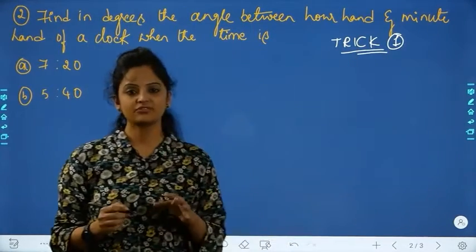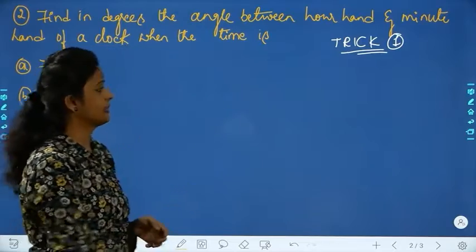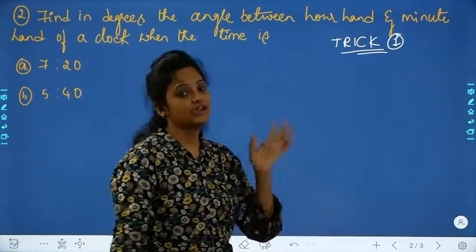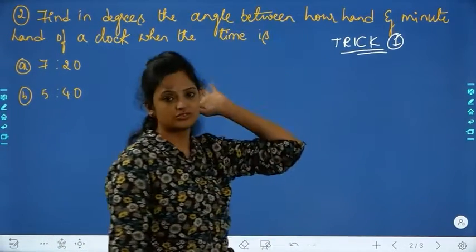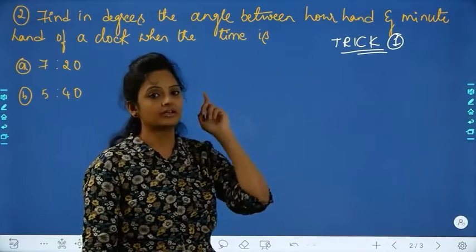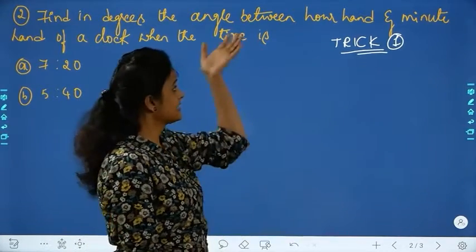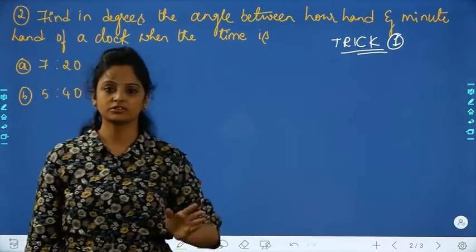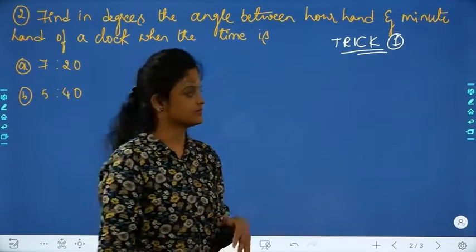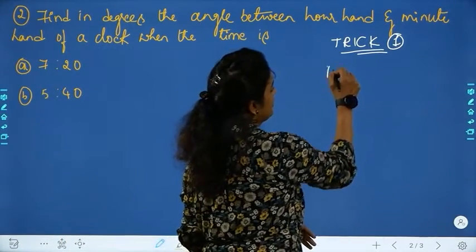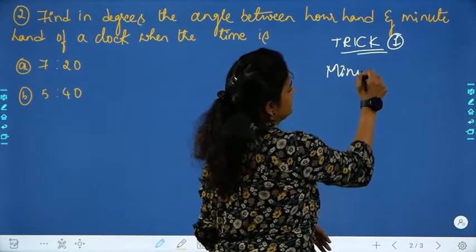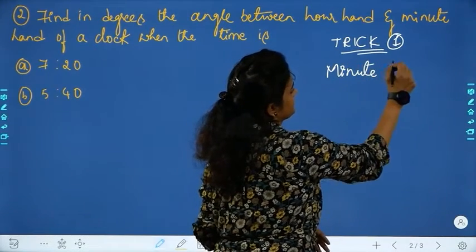So what is the basic for this? This is just like while seeing your watch only you can tell. Analog watch clock, if you see you can make out the angle, but accuracy has to be there because options will be there in competitive exam. The same question can be asked for both boards as well as competitive exams. So here what we are doing, we are calculating for minute hand and hour hand separately.